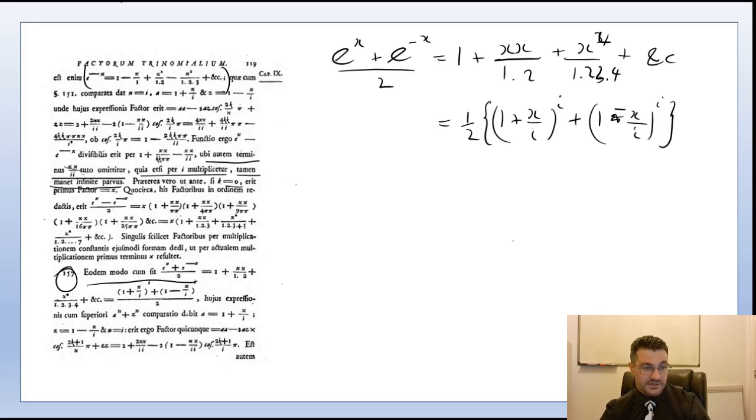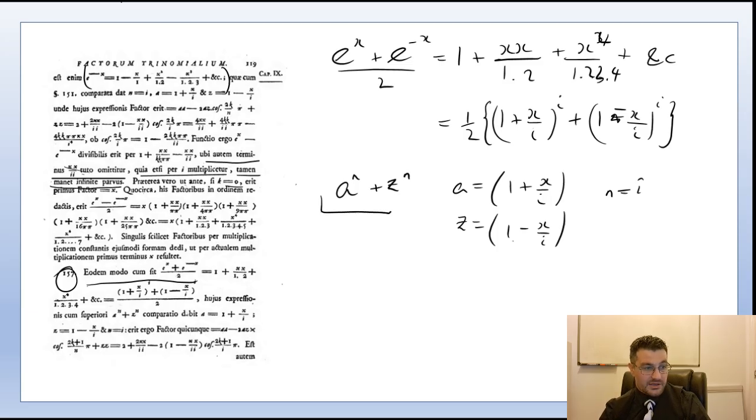So we're comparing with the result from section 150. So it was a to the power of n plus z to the power of n, with a equal to 1 plus x over i, z equals 1 minus x over i, and n equal to i. Remember, the quadratic factors of this